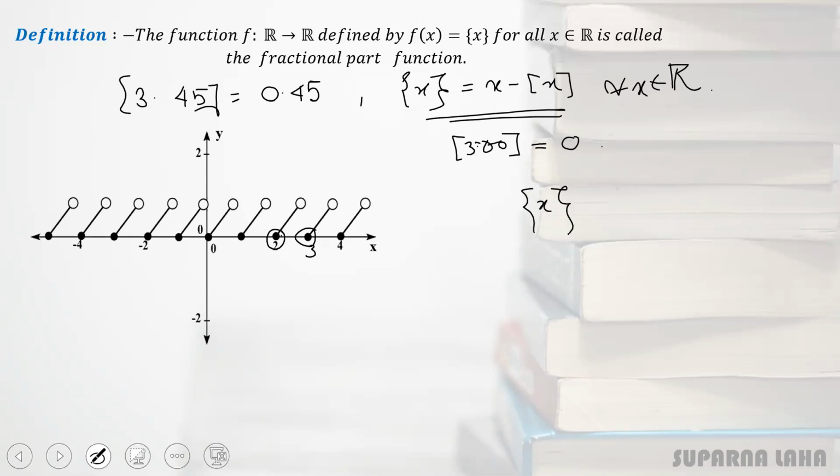These last three functions are very, very important. Sometimes it's given inside a problem and they may not mention what this function is. You have to remember that within the second bracket, x means it's a fractional part, and the third bracket or box x means it's the greatest integer function, and this sign, if we write this one, means it's the smallest integer function.